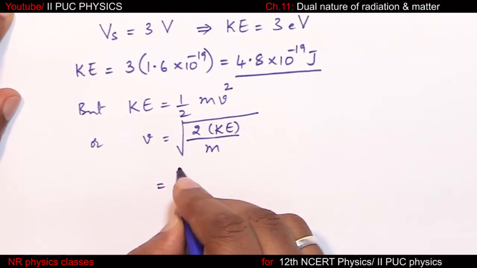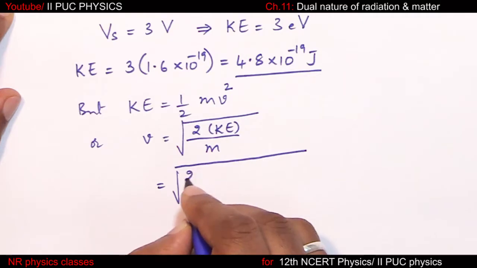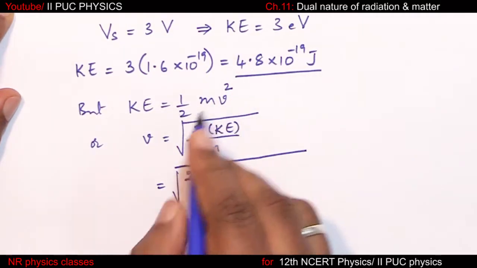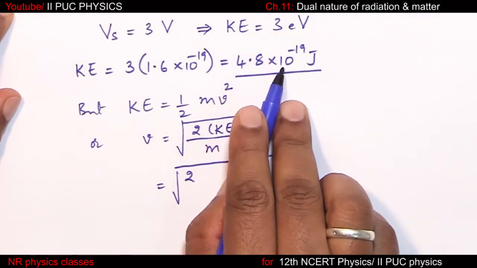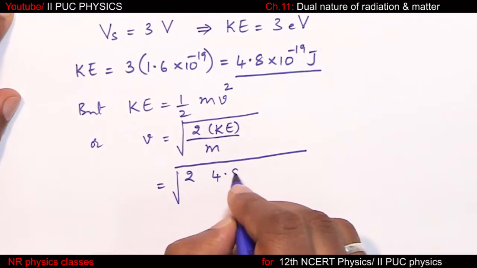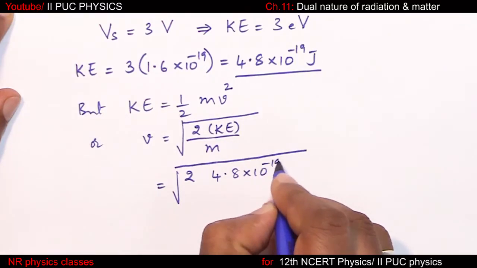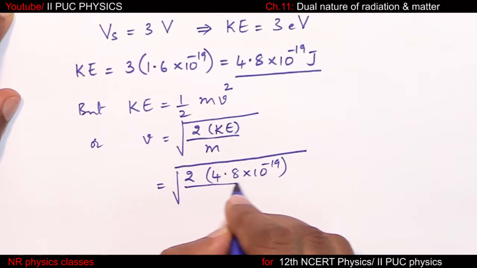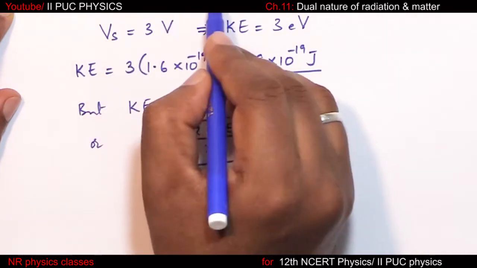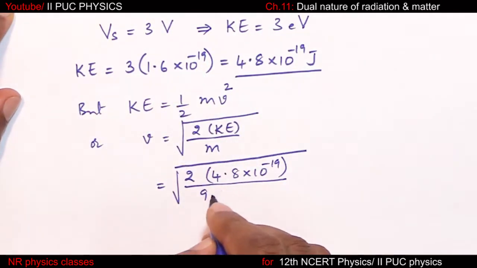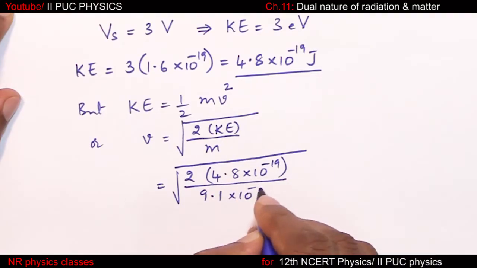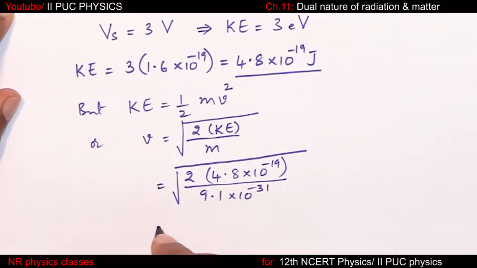Root of 2 times kinetic energy, kinetic energy should be in joule, okay? 4.8 × 10^-19 by mass. Since it is electron, 9.1 × 10^-31, equal to root of